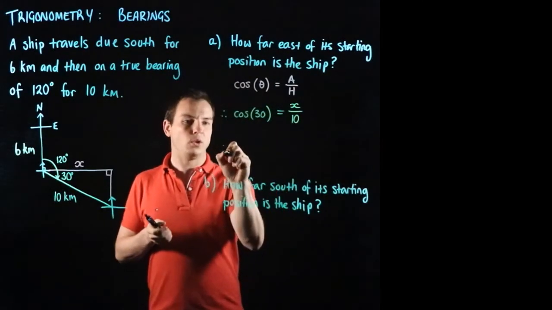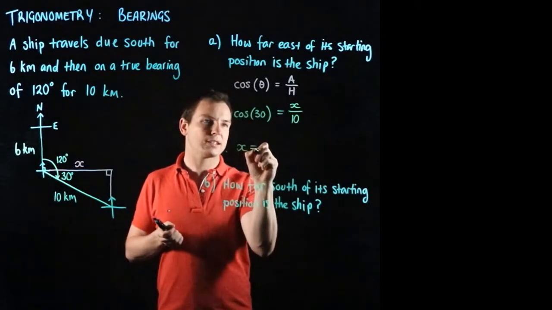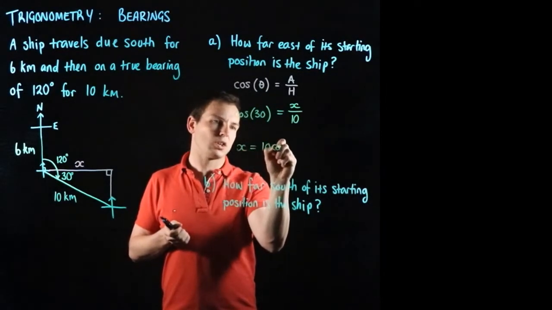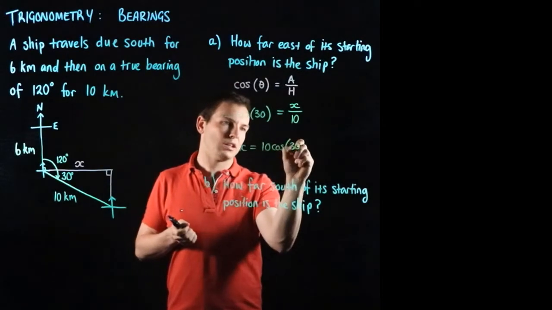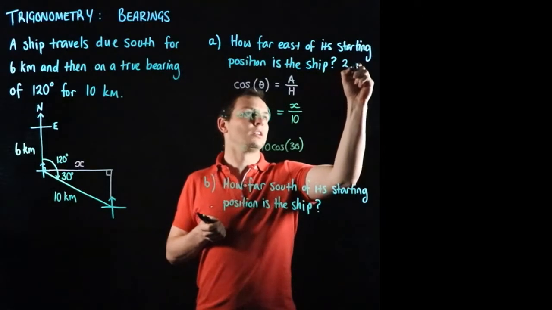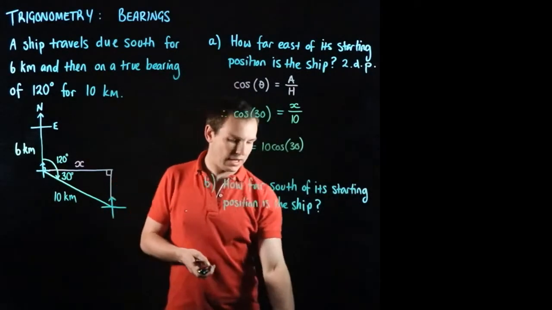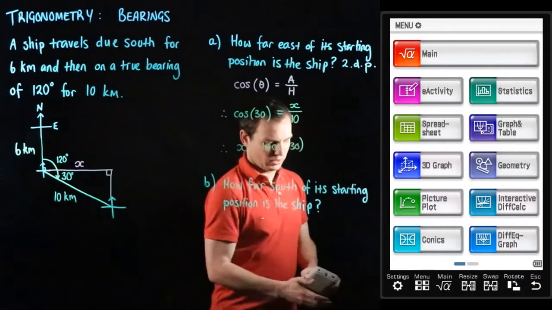So therefore, if we multiply both sides by 10, we can get x by itself, and we'd find x equals 10 times cosine of 30. And now we probably want to answer this question to 2 decimal places. So we're going to use a calculator to evaluate that. So if you get your calculator out,